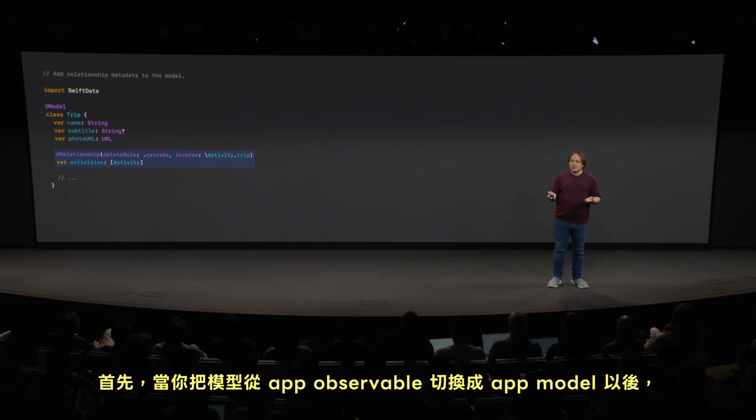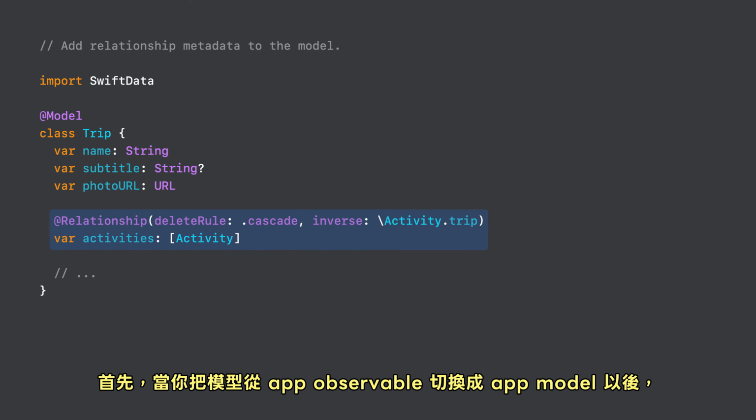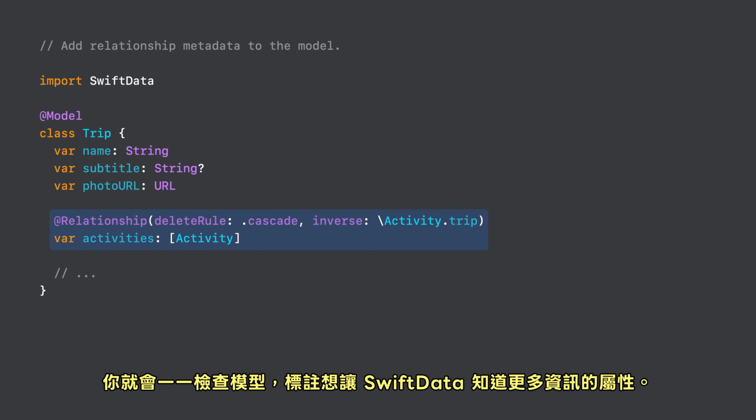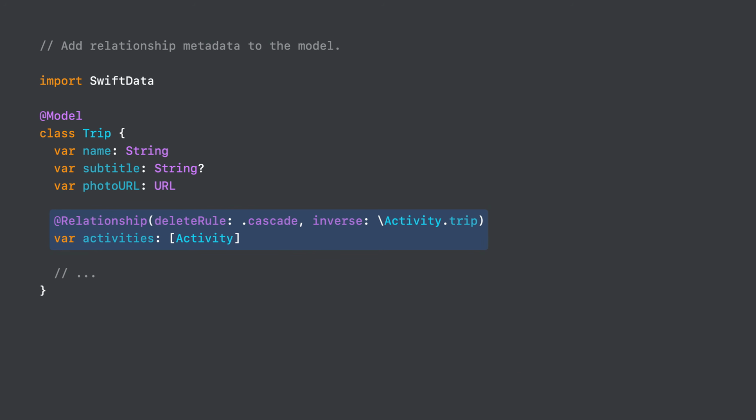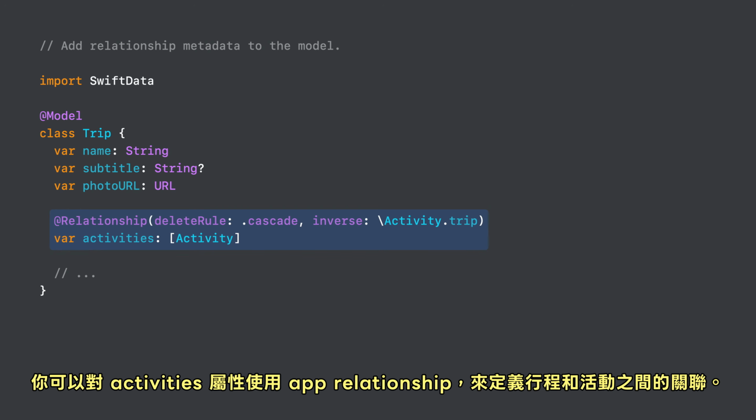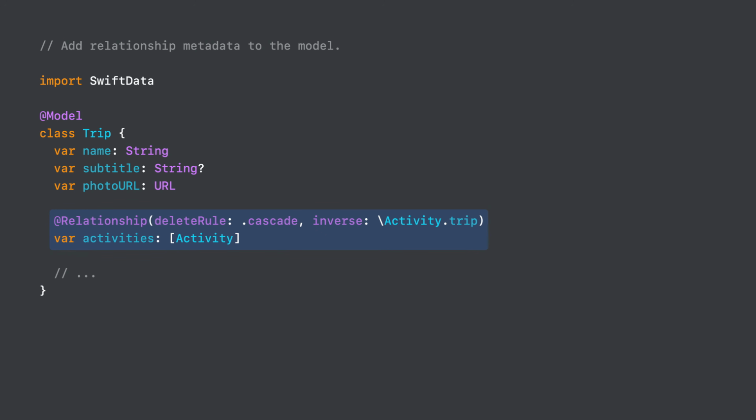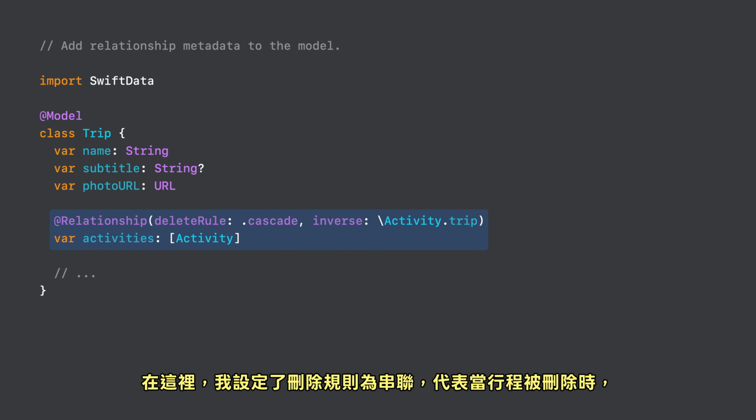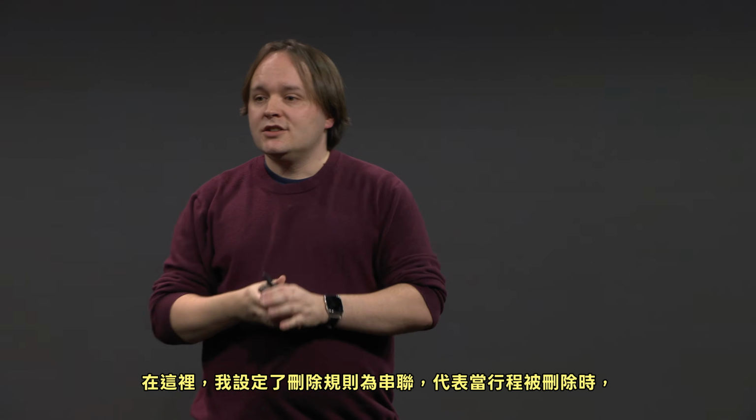First, after switching the model from @Observable to @Model, you'll go through the models and annotate properties where you'd like to give SwiftData more information about them. For example, in the Trip model, you can use @Relationship on the activities property to define the relationship between trips and activities. Here, I set the delete rule to cascade so that when a trip is deleted, all of its